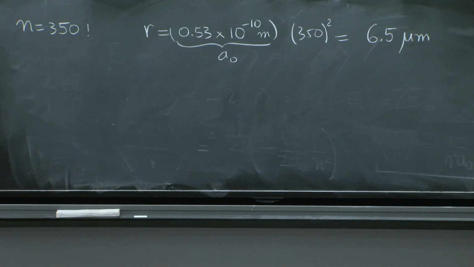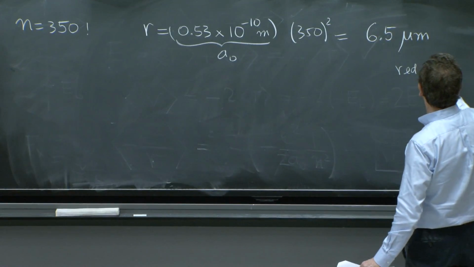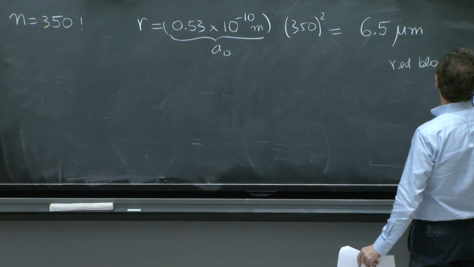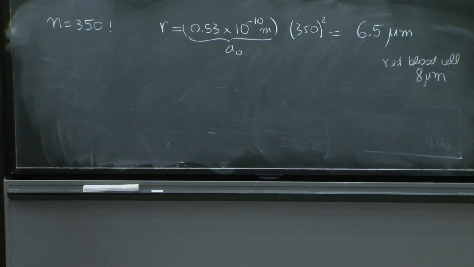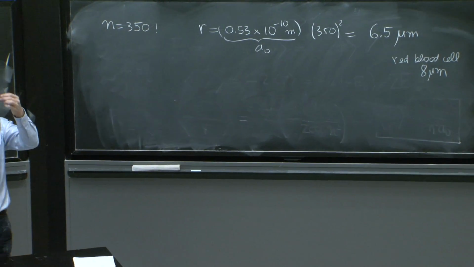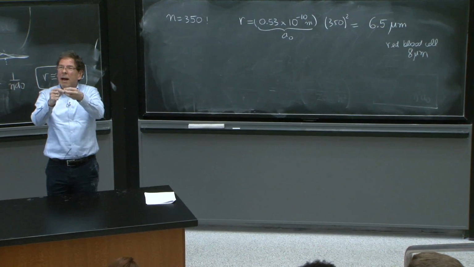That's actually pretty big. A red blood cell is 8 microns. They are not stable because eventually they spiral in, but if you have an atom that, for example, has an n equal to 5,